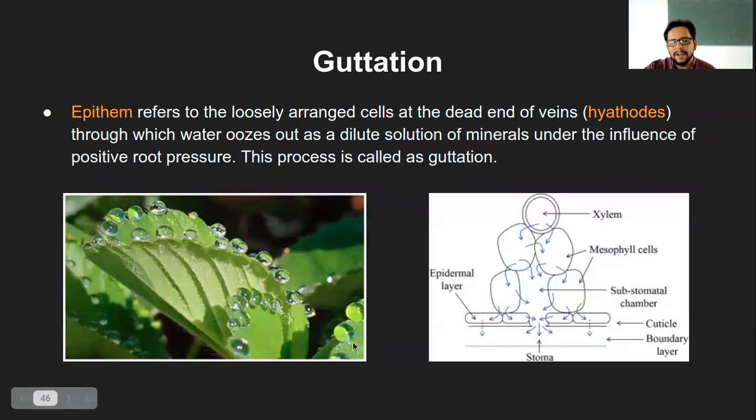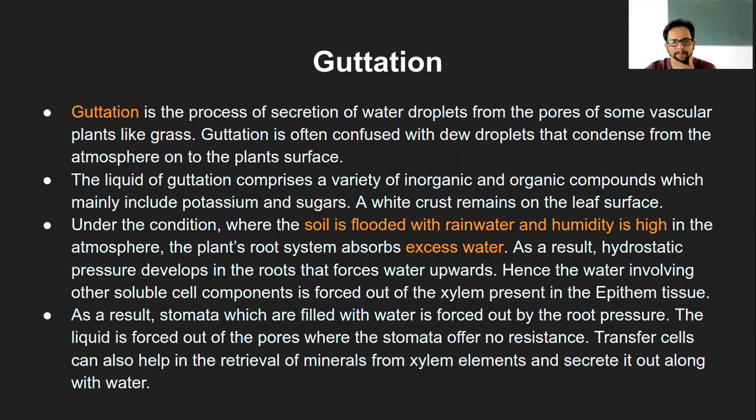If you look at this green leaf structure, and if you look at the drops, they are being formed at the margin and not on the surface. All these drops that are being formed are on the margin of the leaves, or the edge of the leaf, and it is at the end of these veins. There are even the smaller veins which are branches, and at the end of these veins these droplets are being formed, and the removal of water in this water droplet form through the margin of the leaf is called guttation.